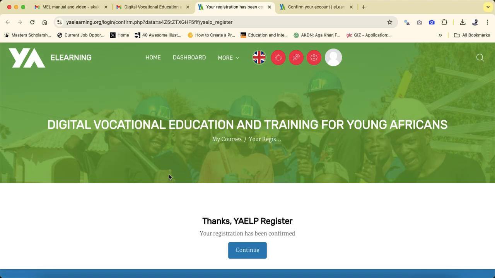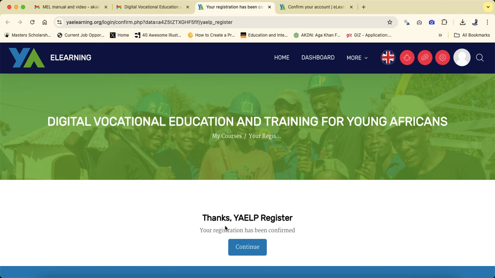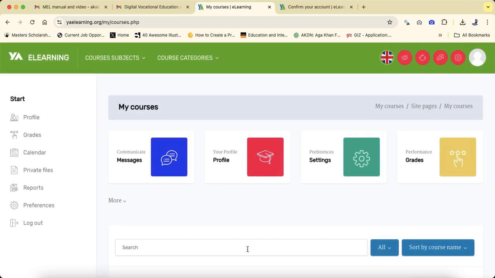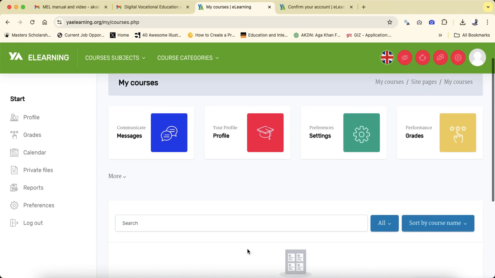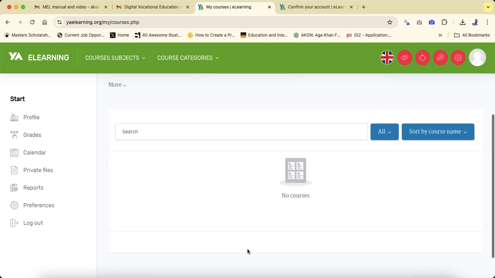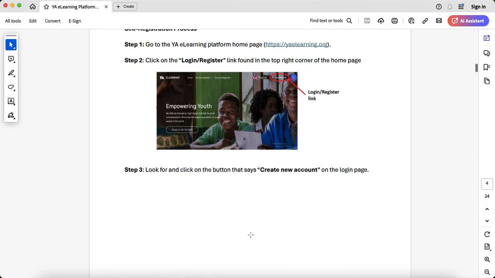Once I confirm, the platform informs me: thanks for your registration, it has been confirmed. And I click on continue. Now I am in the platform, and as you can see, it brings me to the dashboard. For now, there is not much I can see because this dashboard is customized to display the current courses I am enrolled in. So if we go back to the registration instructions,